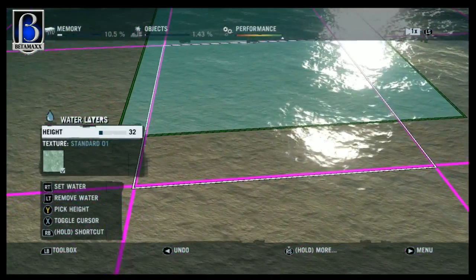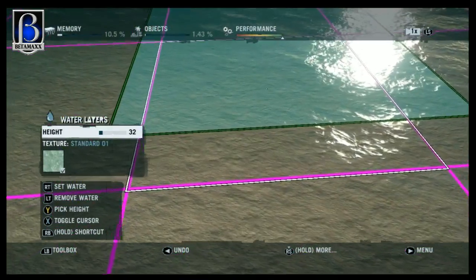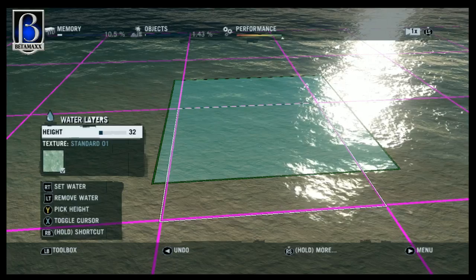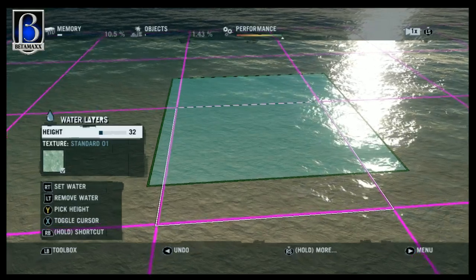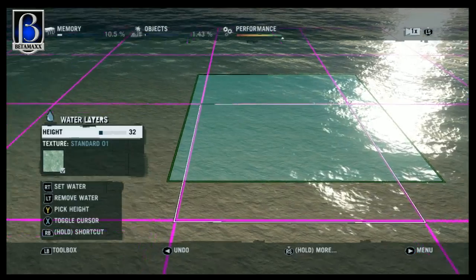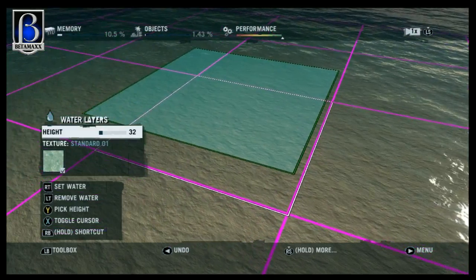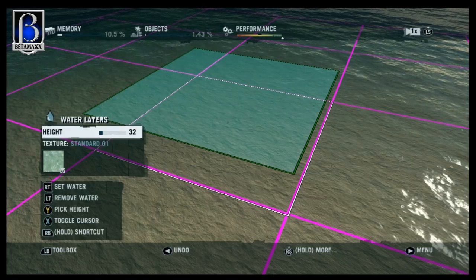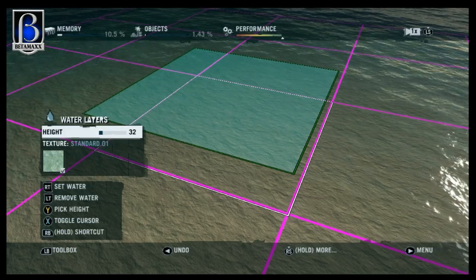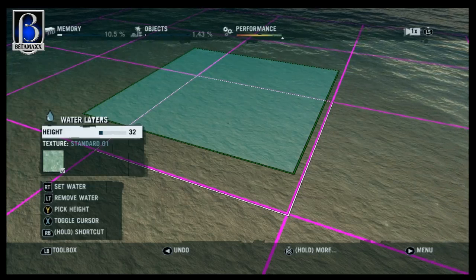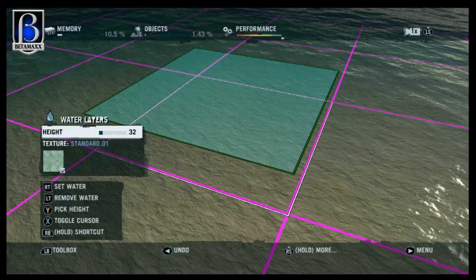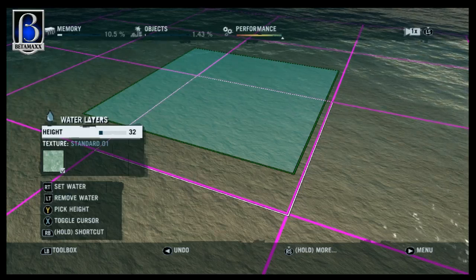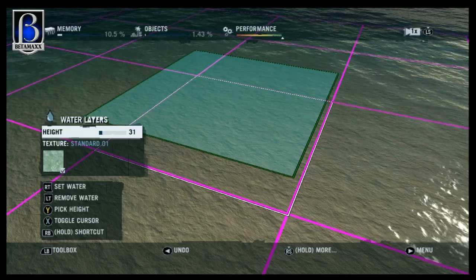From tinkering around, there's nothing that I can actually see which does anything to change the size of how much water you're allocating. From the looks of it, you have to do it for this entire square. So you need to go back to what we were saying previously about thinking about what you're going to do and how you're going to map it out, and take into account that you're only ever going to be able to set your water into these different squares. So that's why I'd always build your land with the purple squares on while you're editing, so that you know whereabouts you can put your water in. You can change your height,